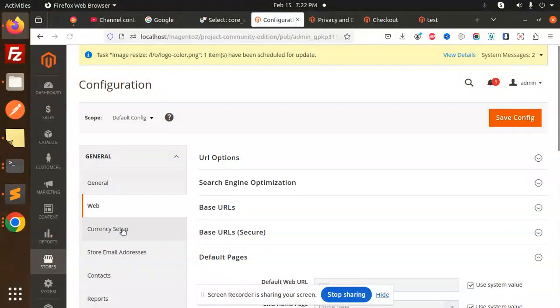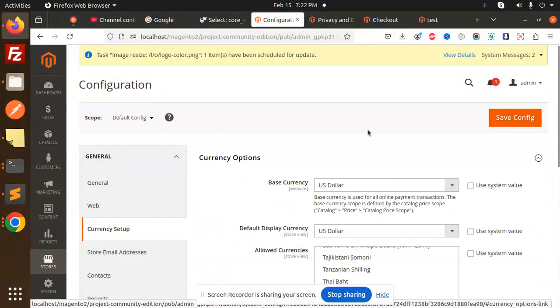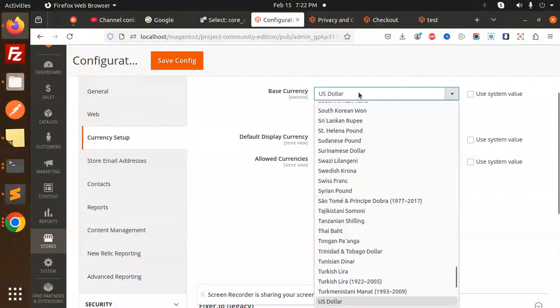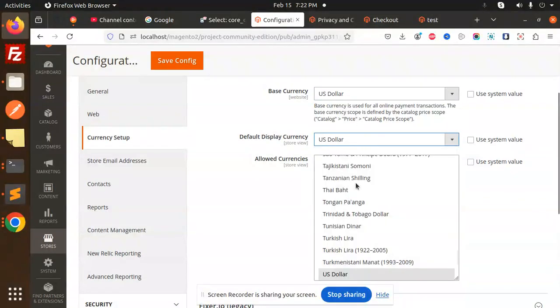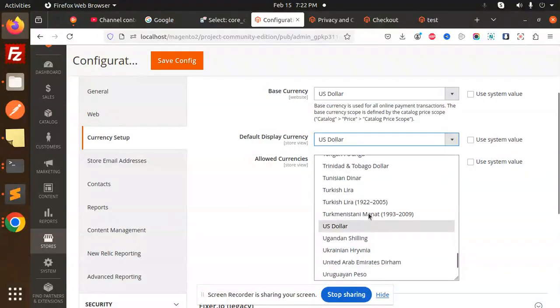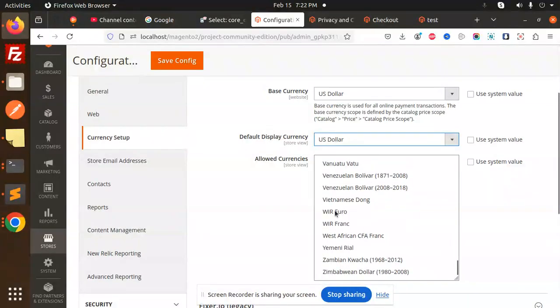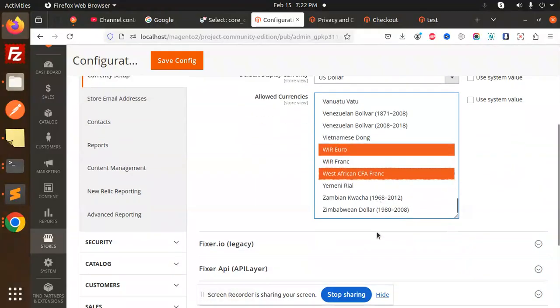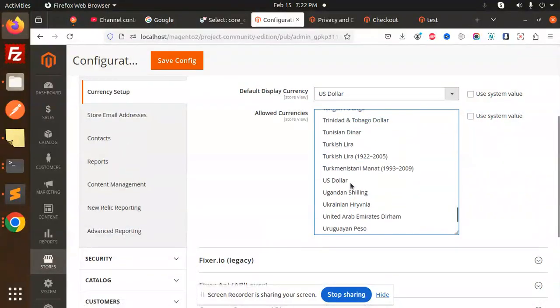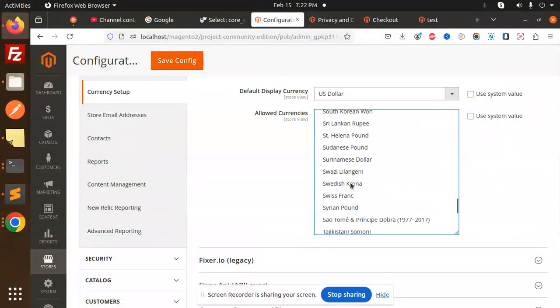Let's go. So here you can see the currency setup. Okay, so here we have the base currency, which is US dollar. And here we have allowed currencies, so you can allow the currencies over here also. Right, so you will go with the euro if you want to select that. So you can select it over here. I think if you have Indian currencies also,